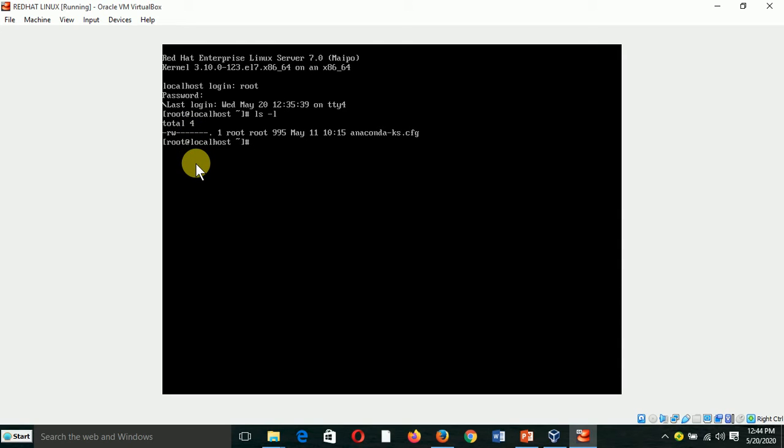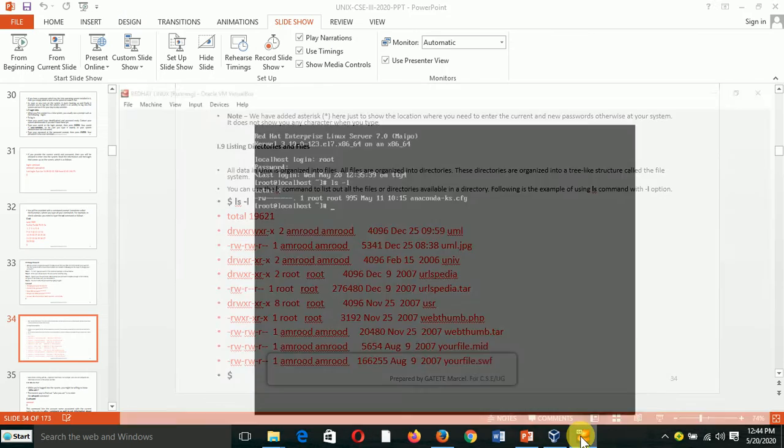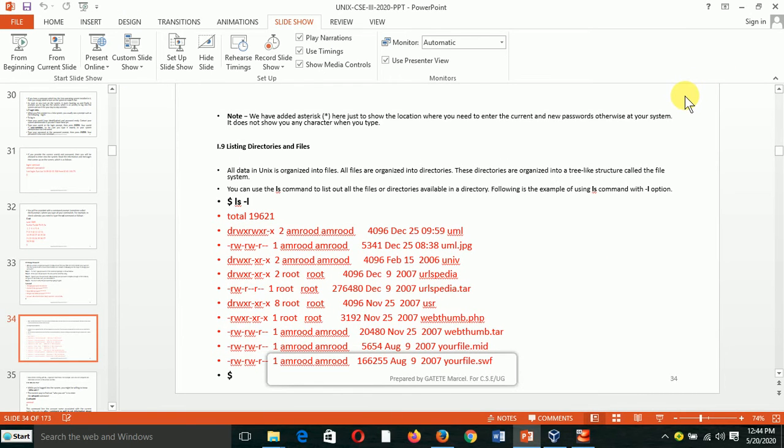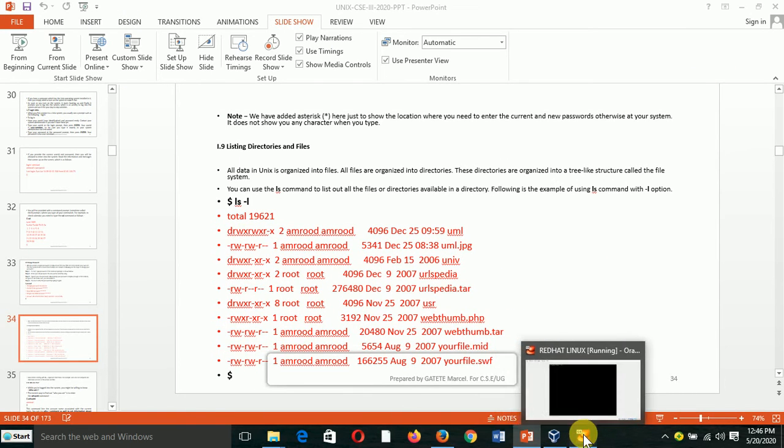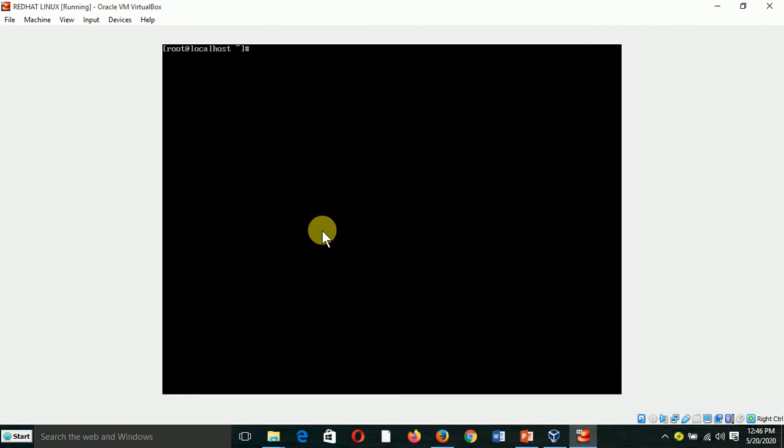So what I have to do, I am going to show you with another example. Here you can see I can put ls -d to show me that there is also another folder which is called UG. You see, this is UG. So ls -d will show the content of a directory,